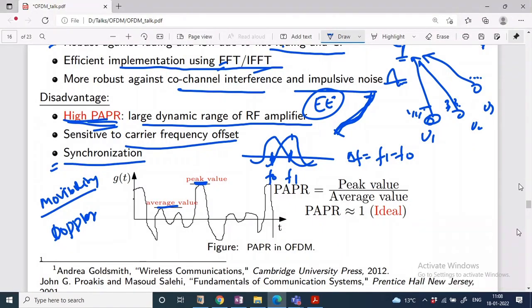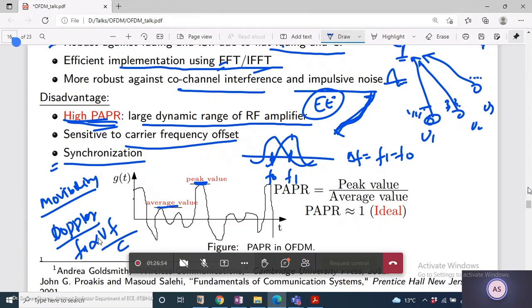Okay, so in a high mobility scenario, what will happen? Doppler is very high. Doppler generally is fD, which is proportional to velocity times carrier frequency, divided by the speed of light. So if v is high, Doppler is high, so the carrier frequency f0 is going to shift by plus or minus fD. Since the Doppler frequency is high, the signal carrier frequency can shift, so a carrier frequency offset can happen.